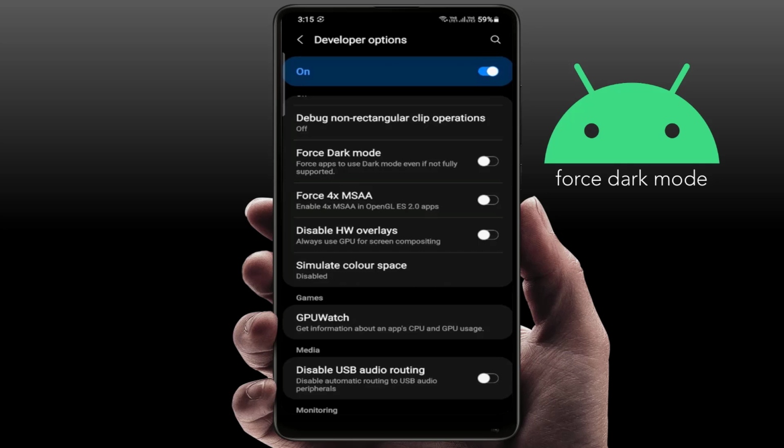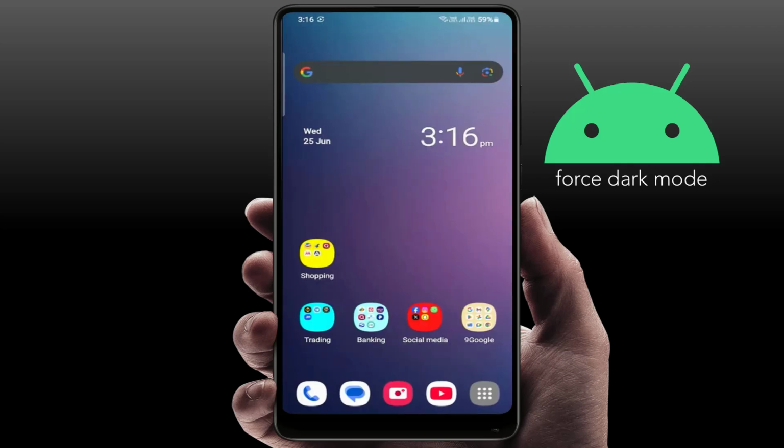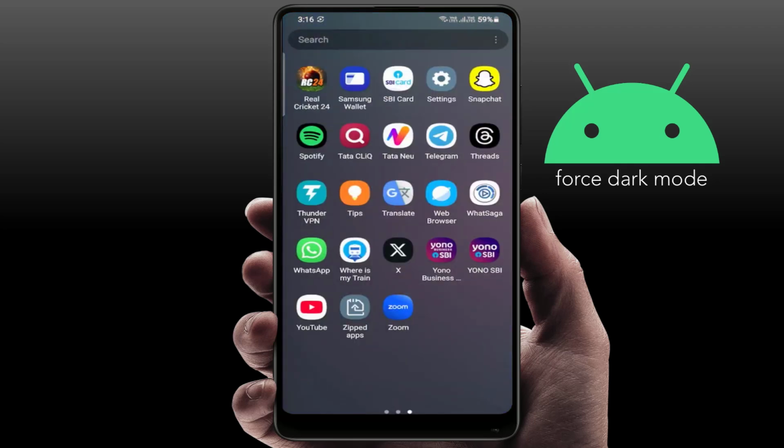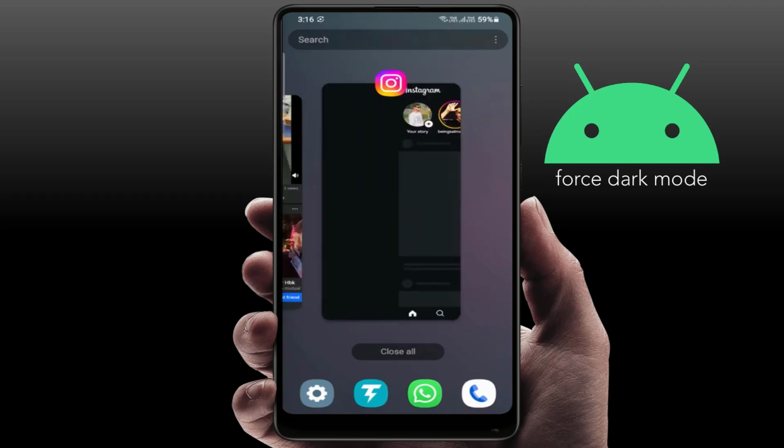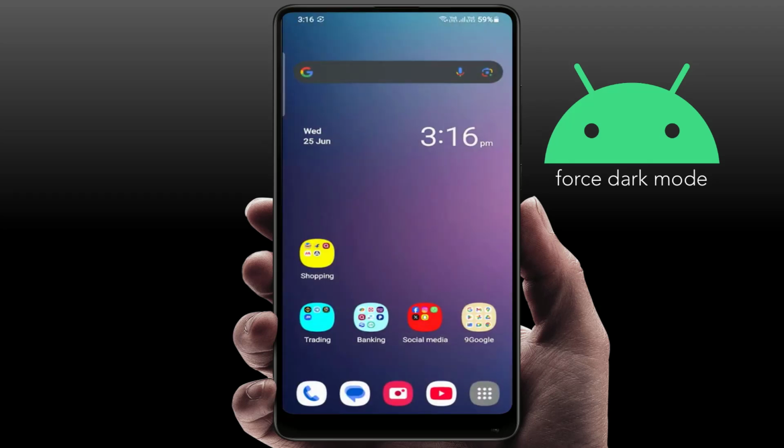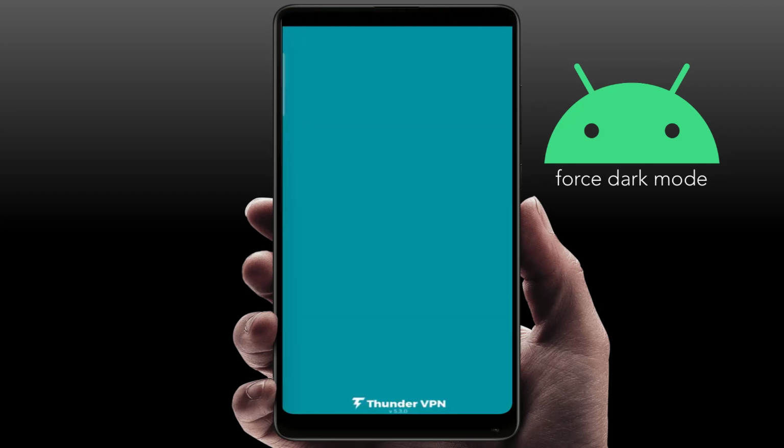Force app to use dark mode even if not fully supported. Just need to enable this hidden setting. That's it. Now close this. Now open that app. First you need to clear the apps from the recent menu like this. Now open that app. Now it will also open in the dark mode, as you can see guys on my